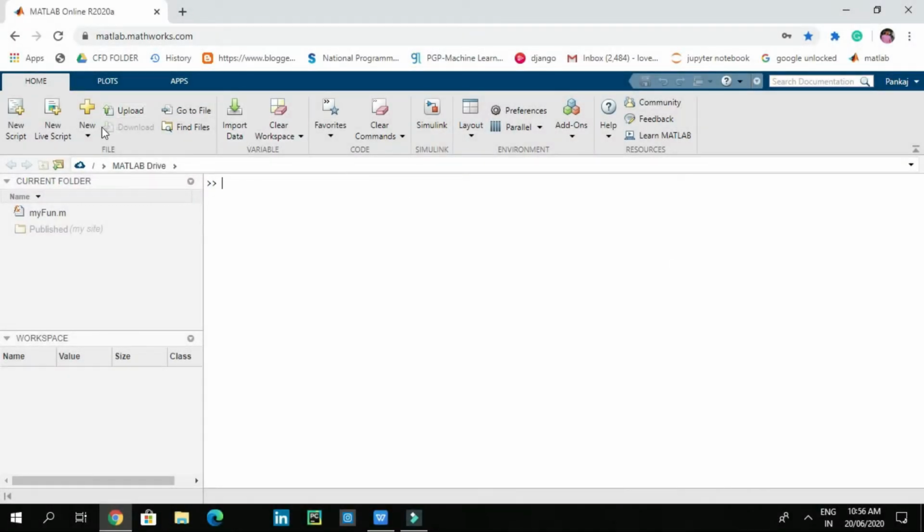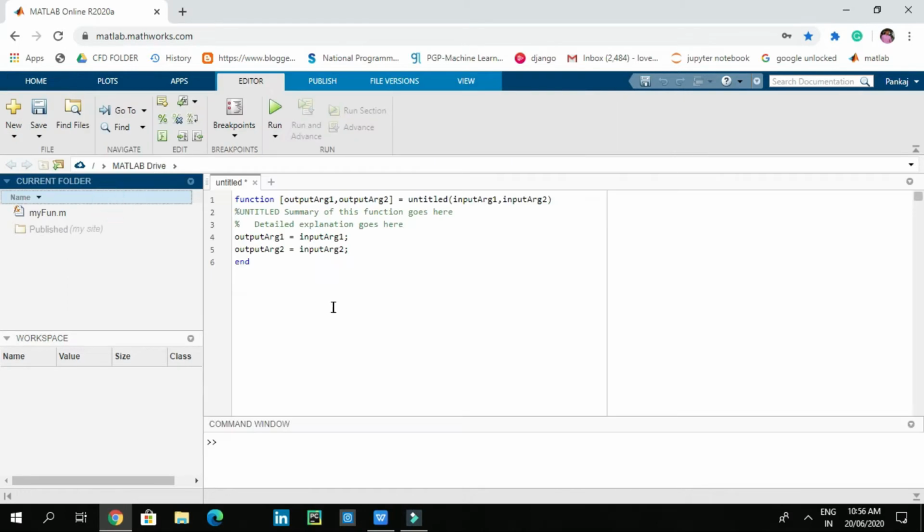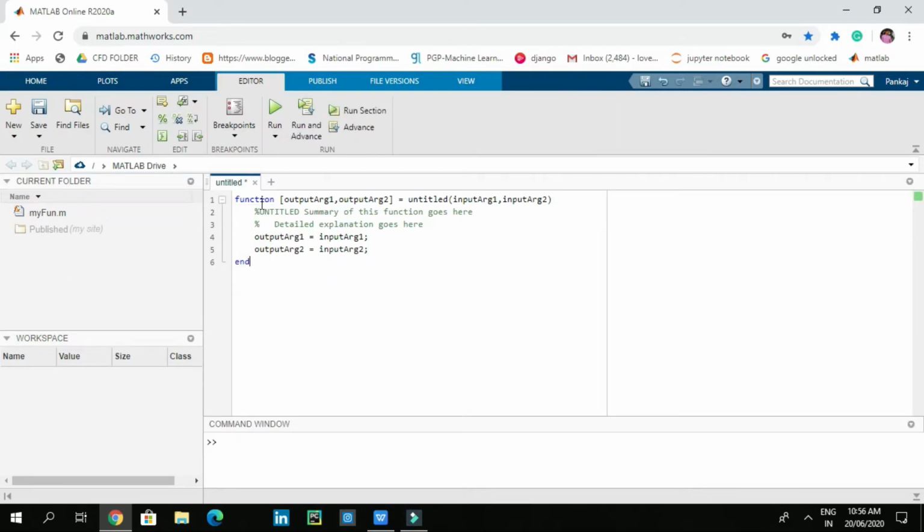For that we need to create a new function. So like that we have the syntax of a function, and it starts with the function keyword and ends with the end keyword again. Here in brackets you can give output arguments. If you have only one output argument, then you don't need to give brackets.